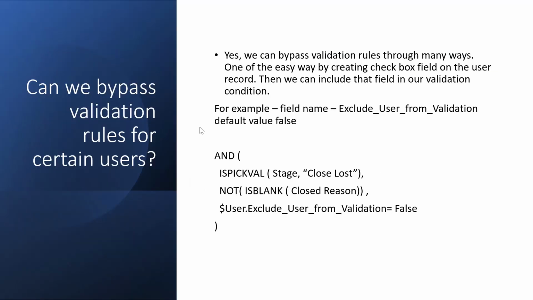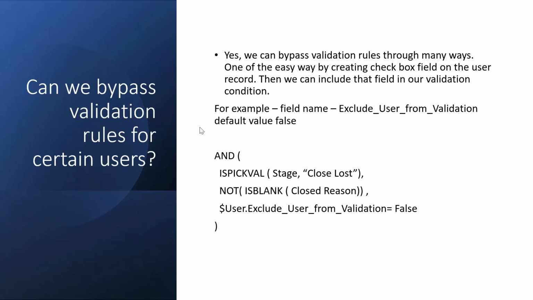Can we bypass validation rules for certain users? Yes, we can bypass validation rules in many ways. One of the easiest ways is by creating a checkbox field on the user record, then we can include that field in our validation condition. For example, you can create a field on the user record called exclude user from validation,